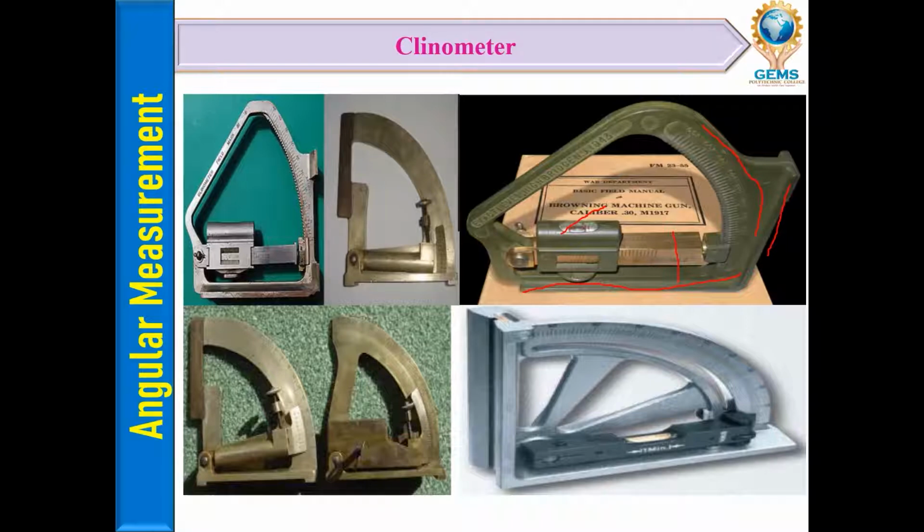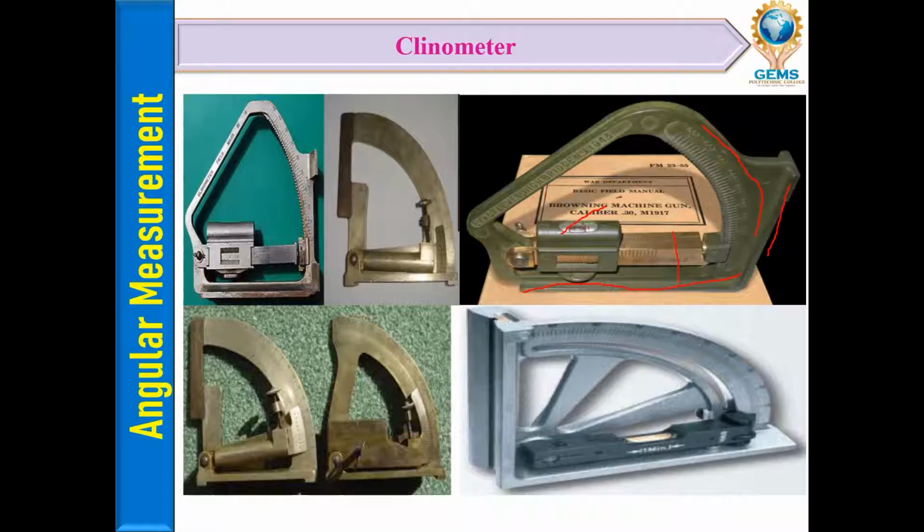So what we have to do? The spirit level will go up, and the rotary member moves through an angle index. So how much angle of inclination will be there? We can keep the angle like this, and at that time this one also will go like this. When it comes to the center position, automatically it will give a reading. So this is a clinometer, right?